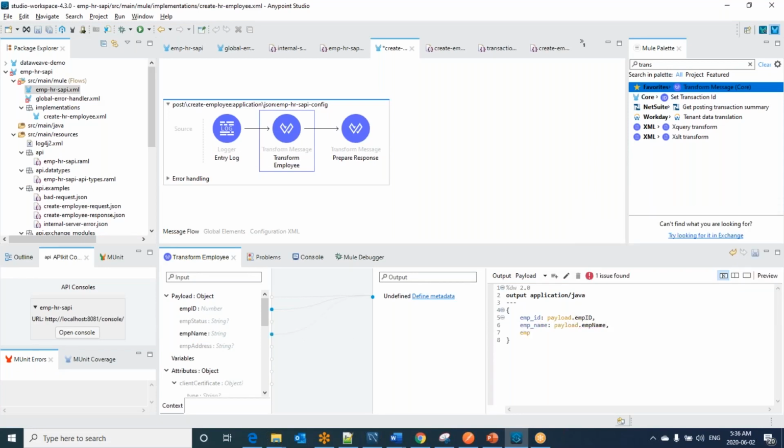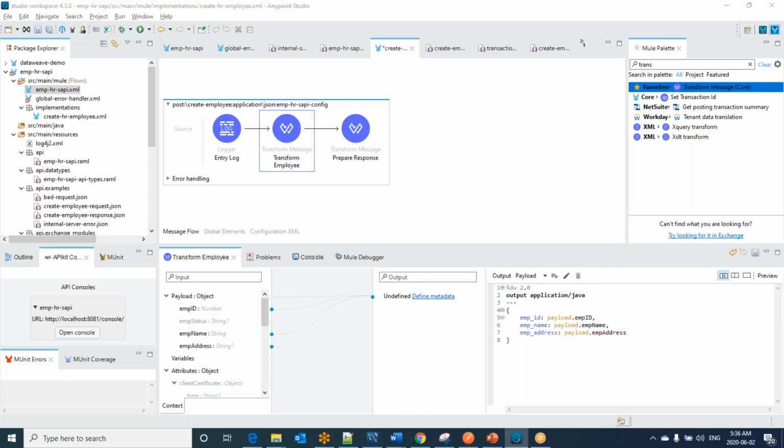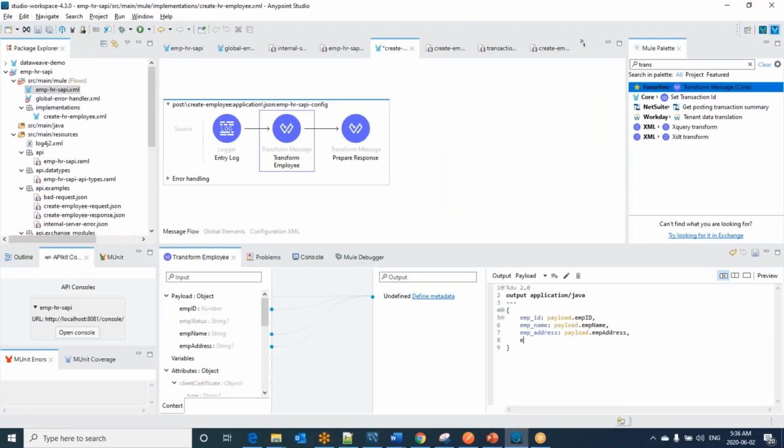Next I have EMP address, payload.empAddress. Let me cross check the table column names once. EMP address, next EMP status, EMP join date. EMP status, payload.empStatus. Last one, that is EMP join date. That should be the current date time.